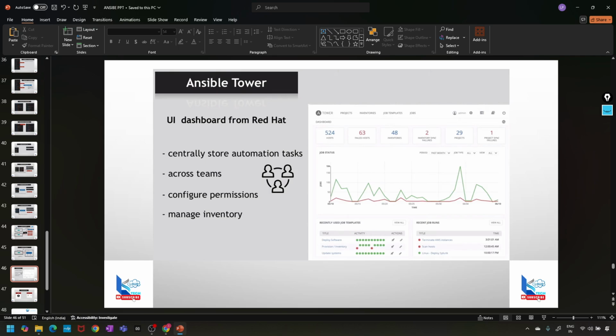I have not used it, but I have taken it. So Ansible Tower is also there. They used to use this long back. You can manage inventory